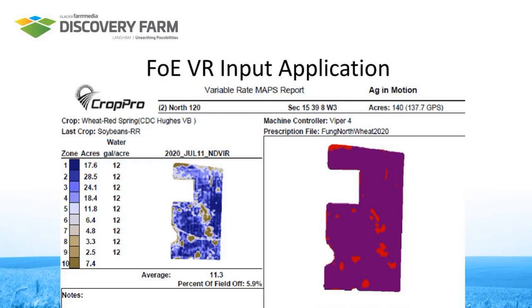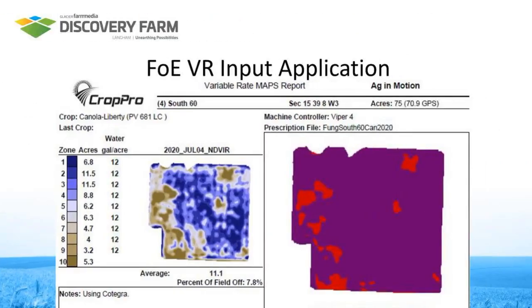In the case of our wheat field, it was collected on July 11th. You see that image on the left. The blue areas are areas of high biomass. The brown areas are low biomass due to poor crop growth due to weed pressure or periodic flooding. And so by shutting the prescription off in zone 10, you can see the as applied map on the right side of the screen. The red areas where it was shut off, you end up saving about 6% of your field with not applying that fungicide.